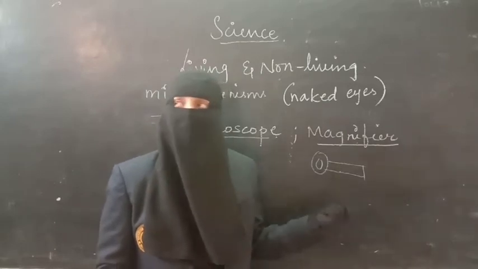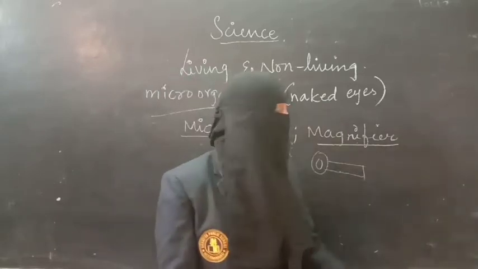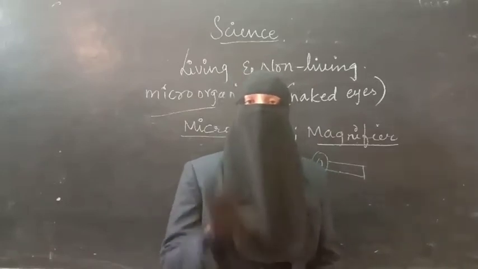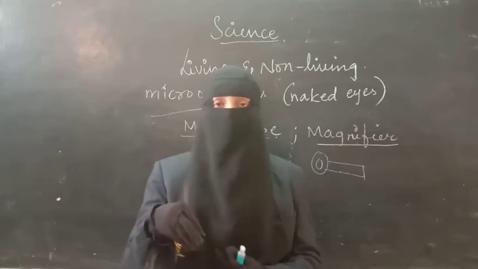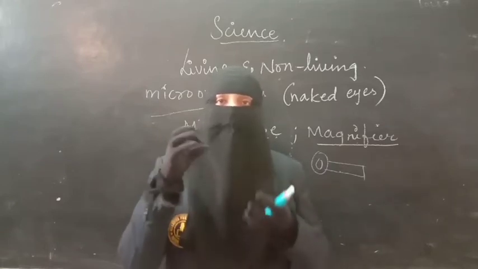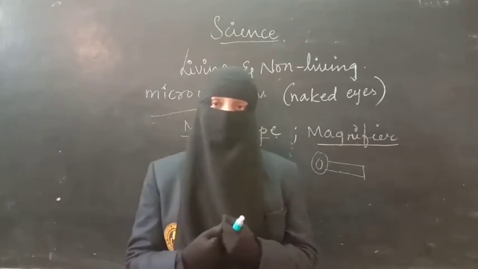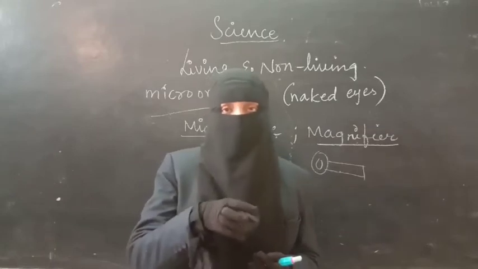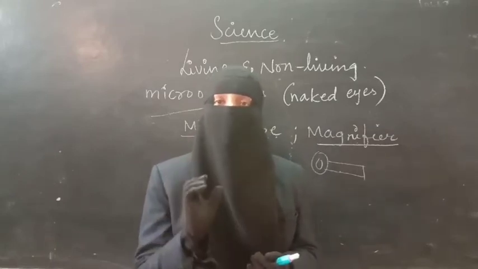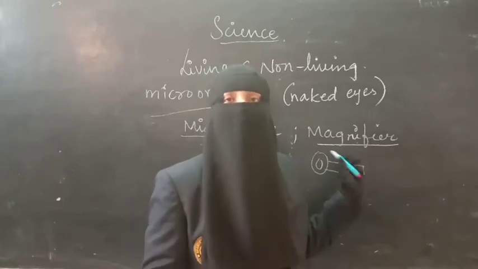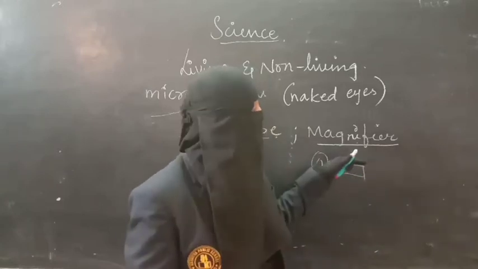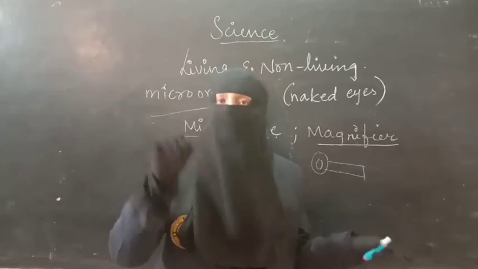That is what a magnifier or magnifying lens is. If you want to make this magnifier, take one electric bulb, remove the filament from it, and fill water into it. After filling water, you have to see through that. You will observe that the electric bulb will work as a magnifying lens or magnifier. So by using this magnifier, we can see small objects in big size.